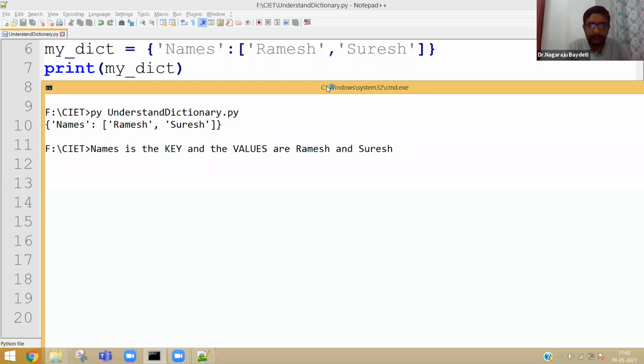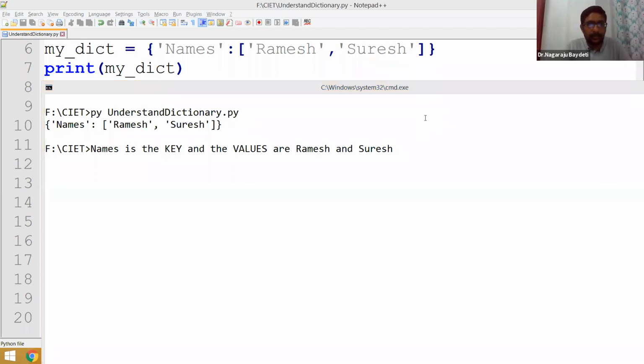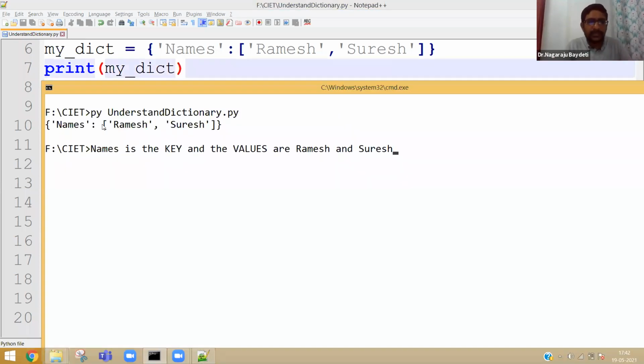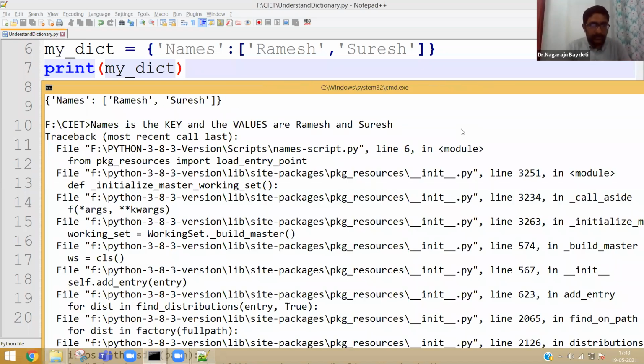Now the next thing: I don't want the entire thing, like names, Ramesh, Suresh. I want only the names without the key. That is also possible. Oh, 1 second, I have executed something wrong.